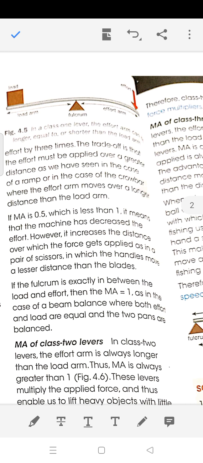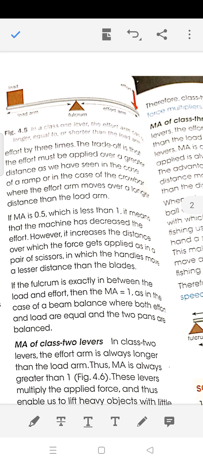The value of mechanical advantage is a ratio of similar quantities. So it has no unit. It is just a number. Like it can be 1.5, 1, 0.5, 2, 3, like that. If the mechanical advantage is more than 1, it means that you have to apply less effort than the load. And if the mechanical advantage is less than 1, then it means that you have to apply more effort than the load. So this is the value of the mechanical advantage.